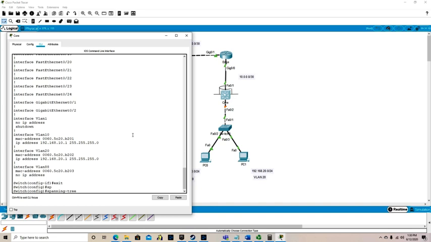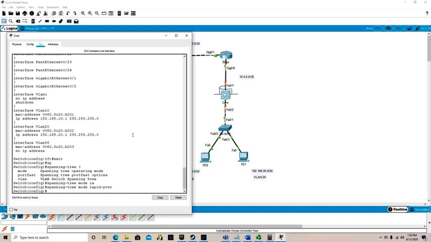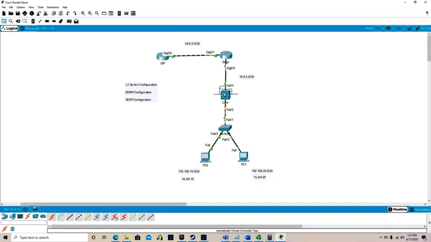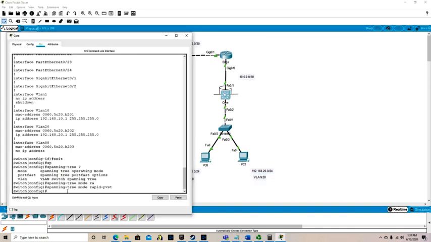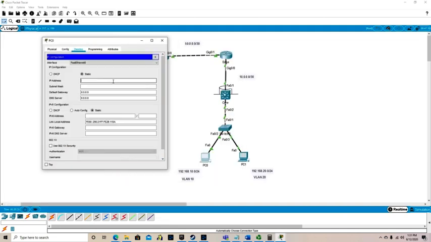So we'll say spanning-tree mode rapid-pvst. So always good if you do it on one side, make sure that you do the exact same for all the others. So now that we've gotten that configured, the next thing to look at, fast forward just a little bit, is let's test and say, hey, did this actually work? Are things actually functioning? And what I mean by that is if I go to these PCs and we put static addresses on them,